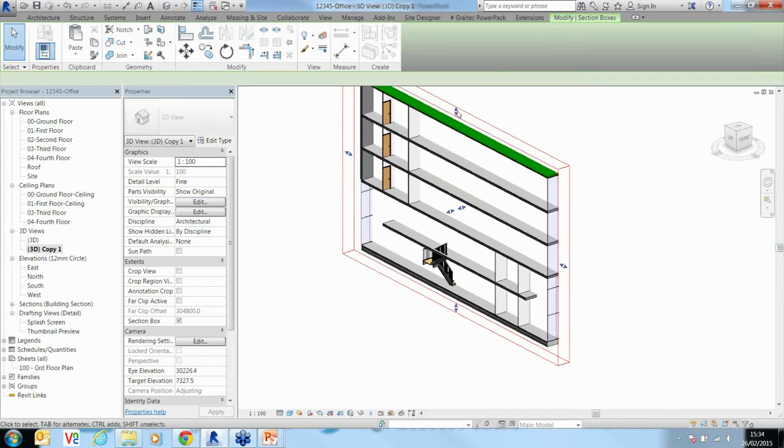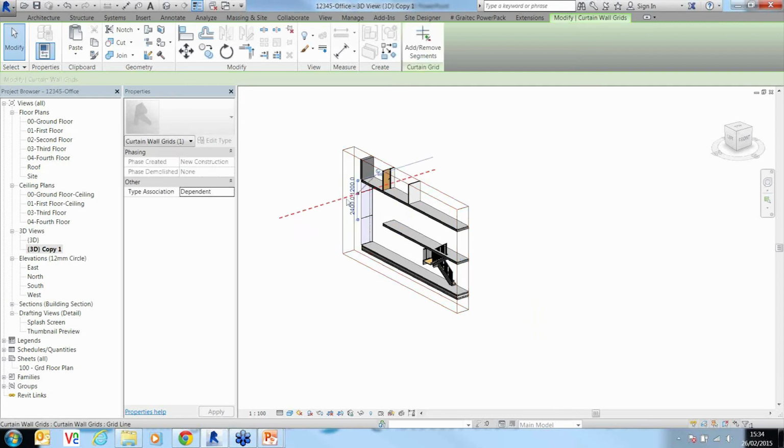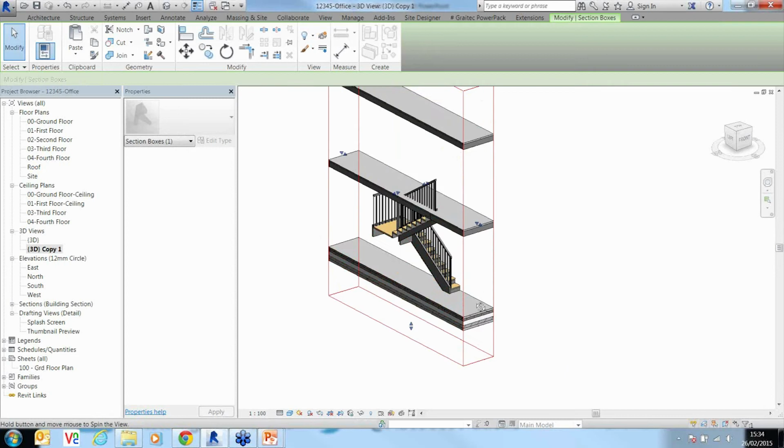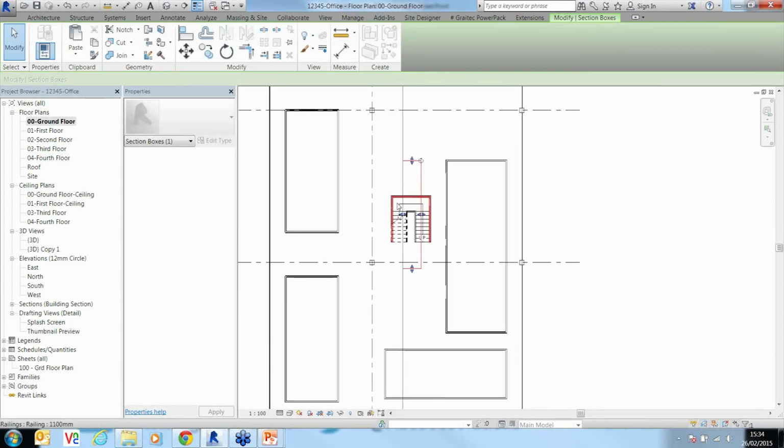So what we could do is say, actually I want to drag this down so I don't see everything. I'm going to pull it back. So I'm going to adjust my 3D view in here like so, so I see all the elements. Now you may notice that the stair doesn't actually cut the floor, but I'm going to alter that quite quickly